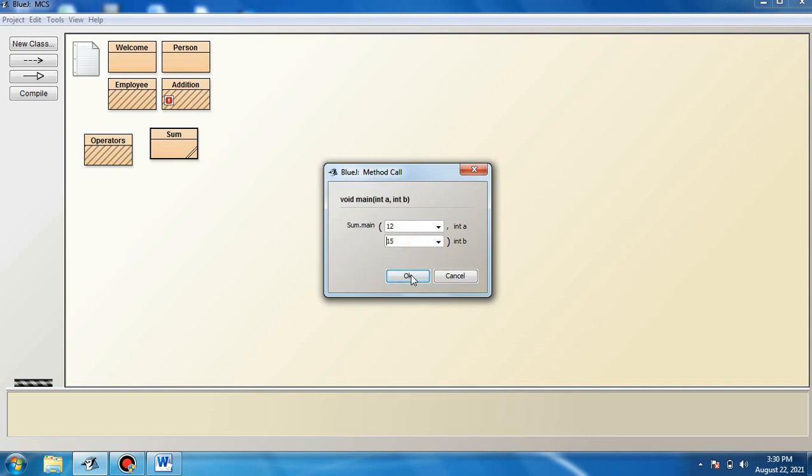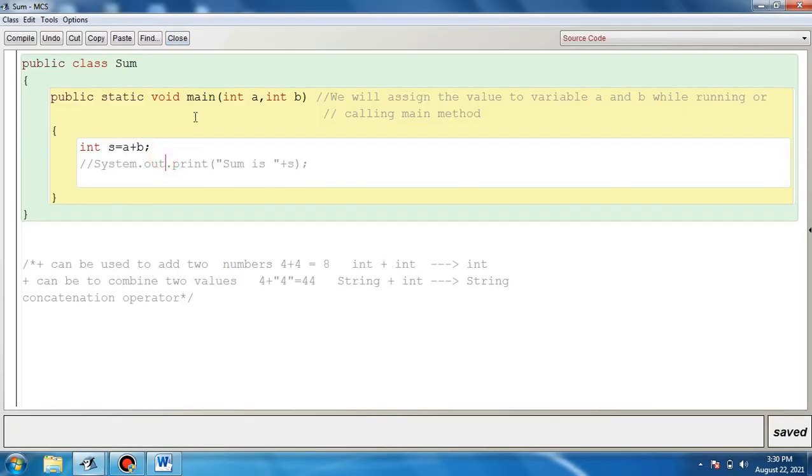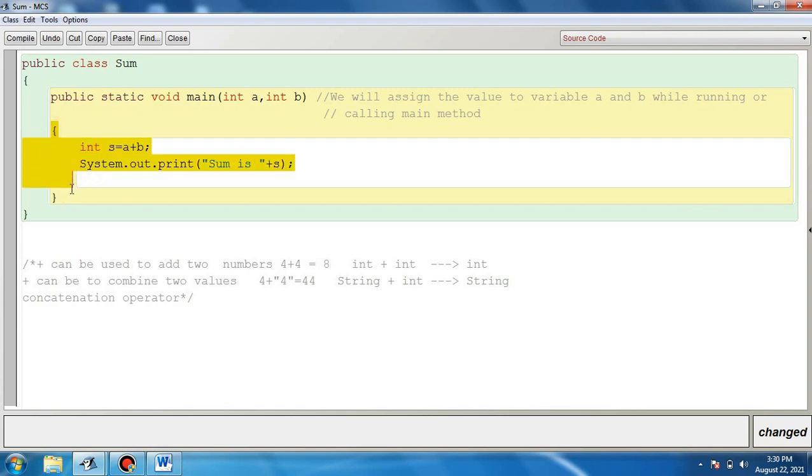So when I press OK, what will happen? Now a will store 12, b will store 15. The body of this method, this pair of curly braces, defines the body, or you can say block, of the method.